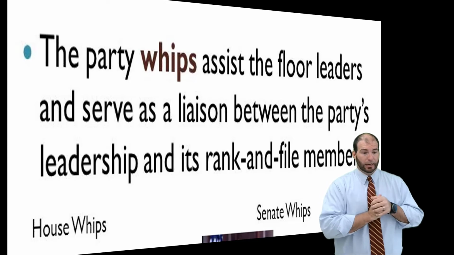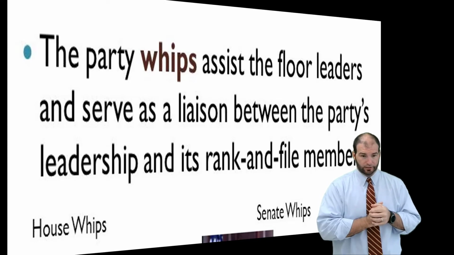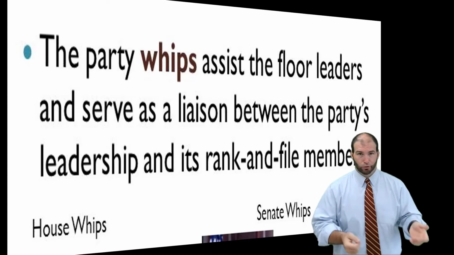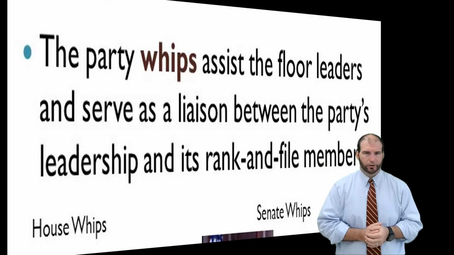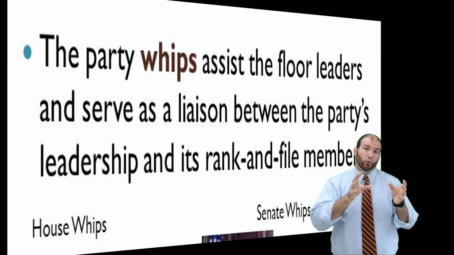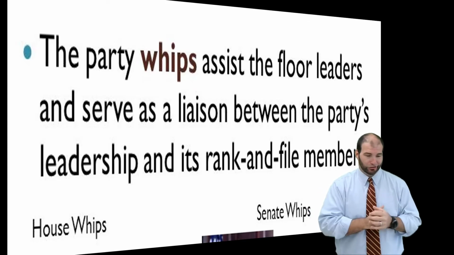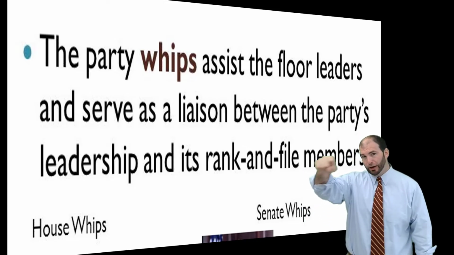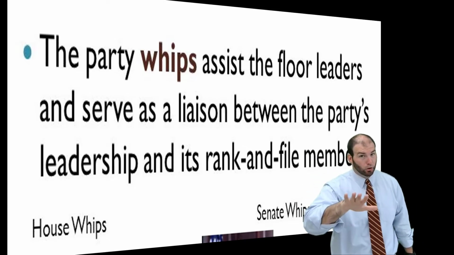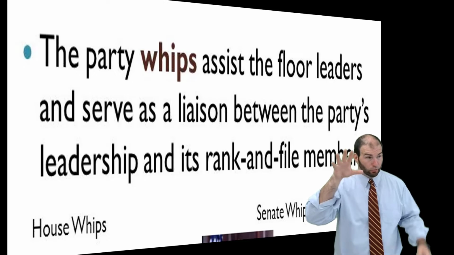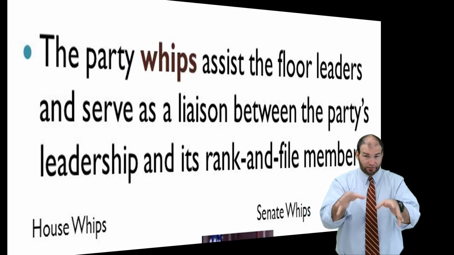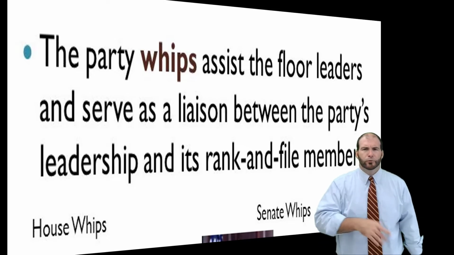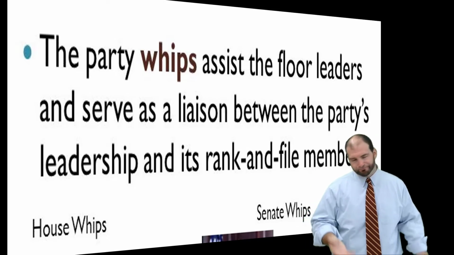So if the Democrats want to pass a bill and they have a majority, and they're like, we're going to have a bill that says everybody wears blue on Tuesdays, something random, the whip's job, which is just a assigned job, is to go around to all the Democrats in their own political party and make sure that they are going to vote yes on this if they put it forward, because you don't want to put a bill out there and then your own party votes no for it. So they're called a whip because you're whipping up votes.